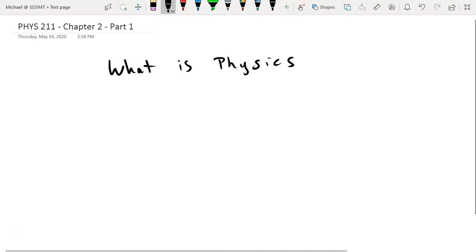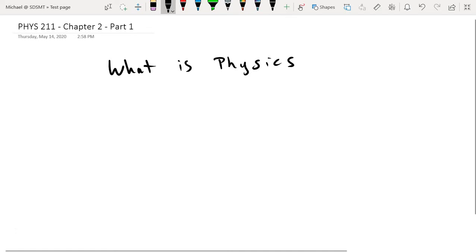Some of you may have had physics in high school. Some of you may have even had AP physics courses. Some of you may not have been exposed to physics at all, and that's okay. We're going to start at the very beginning here. So if any of this stuff does look familiar to you, great. Just bear with me as we go through and solidify all the definitions and the mathematics. But eventually we'll get enough groundwork done that we can continue on with the physics that some of you may not have seen. So what is physics?